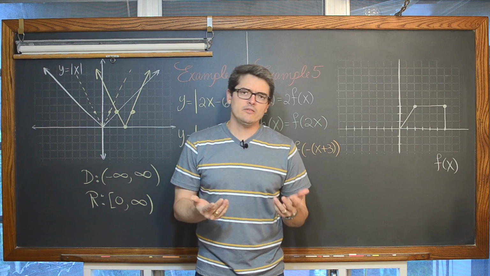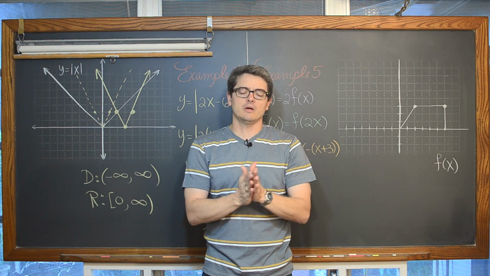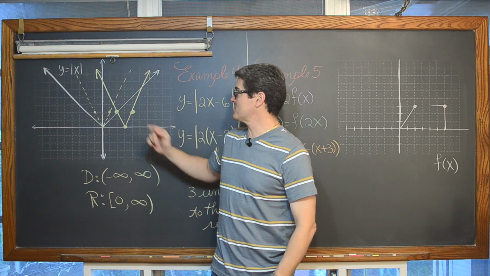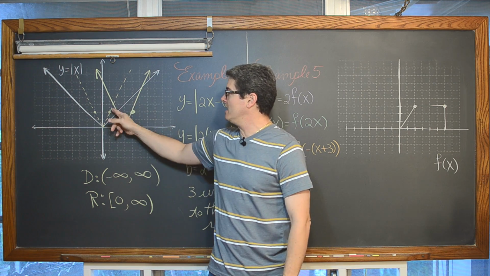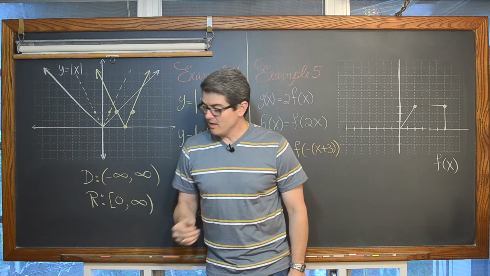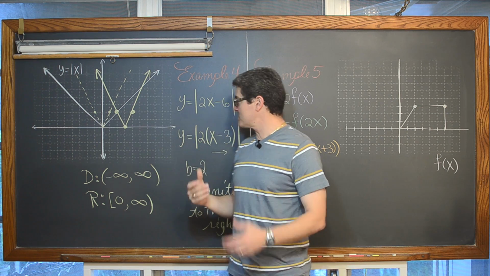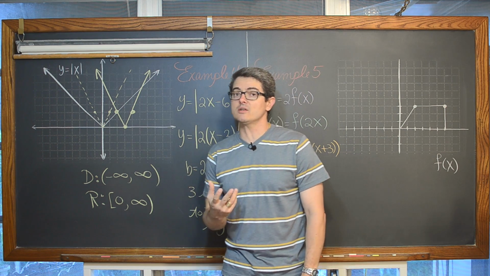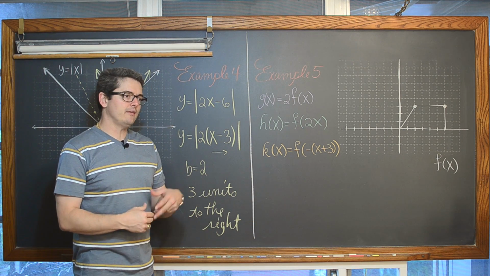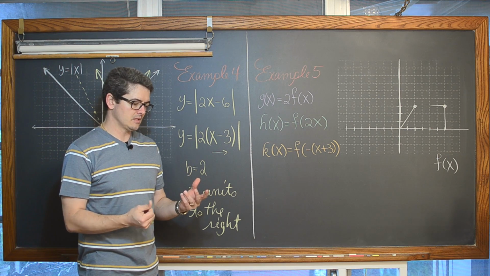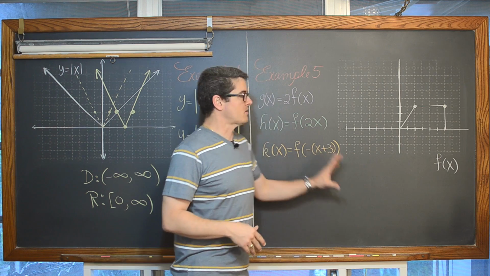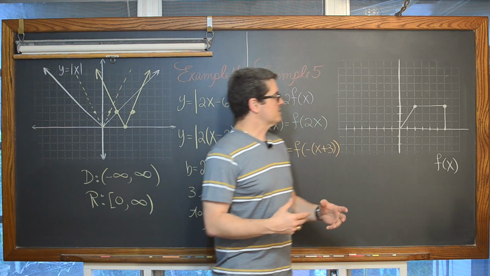So on the previous screen where we had a vertical stretch on our absolute value function, it took the v and squeezed it in, actually kind of exactly the same as it looks here. And it appears like the absolute value v shape, it's only a v shape because the inside function is linear, appears to be skinnier. Now, it kind of is skinnier with a horizontal compression, but if it was a stretch, it would not be. So you'll see that difference again with sine and cosine waves, maybe some logarithmic functions.